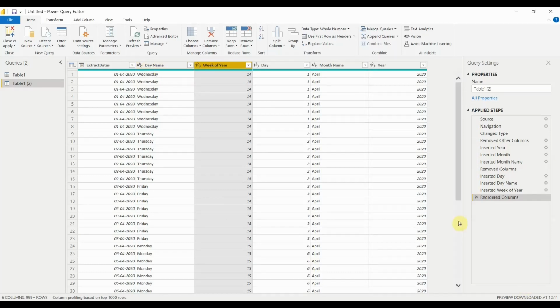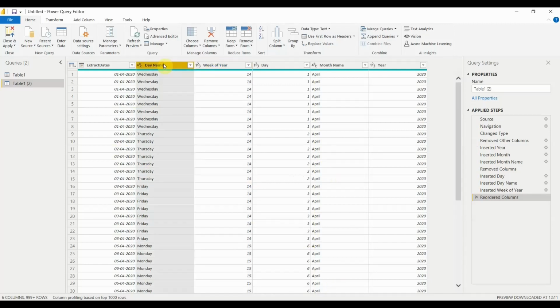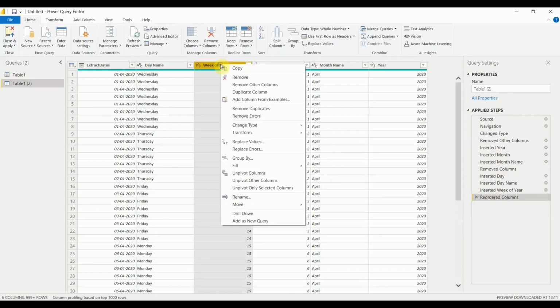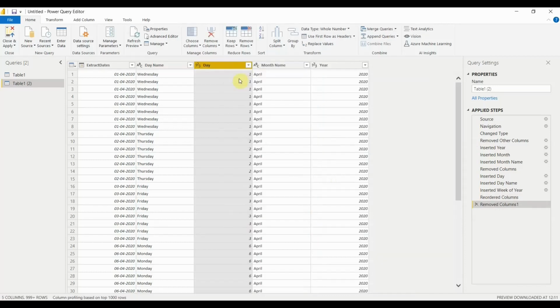The next thing we'll see is how to remove or delete columns. It's very easy. Select any of the columns that you want to remove. For now, let's say I want to remove the week of the year. I just right-click, and you see an option which says Remove. If I click on Remove, the column will be removed, and you see that the step is applied here.